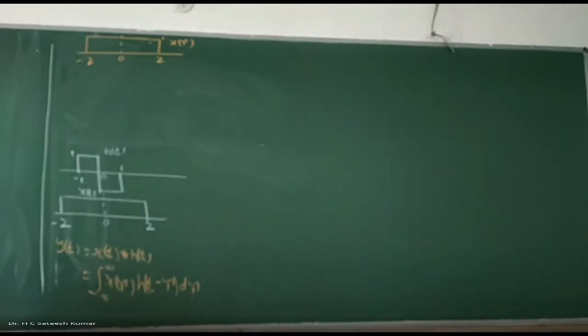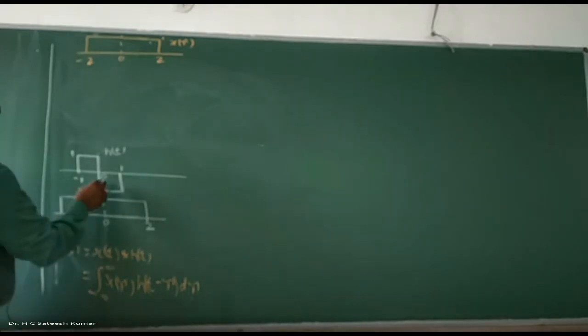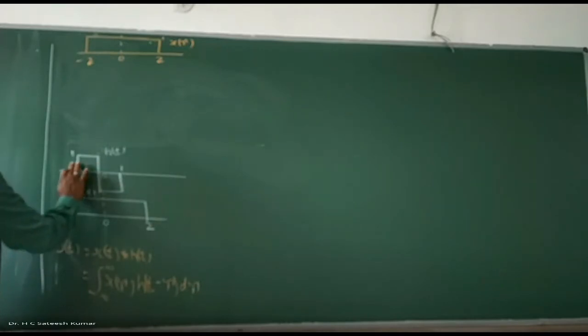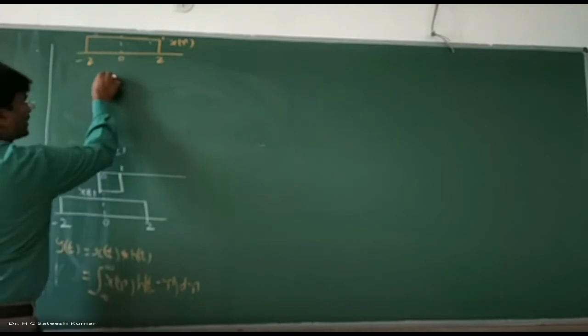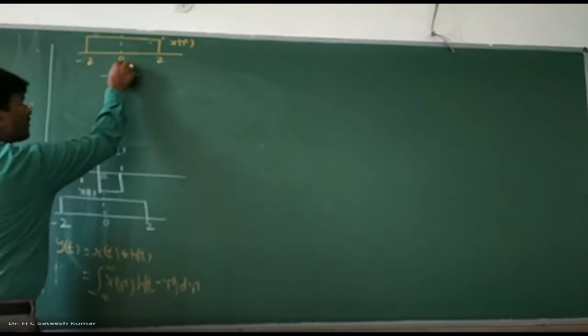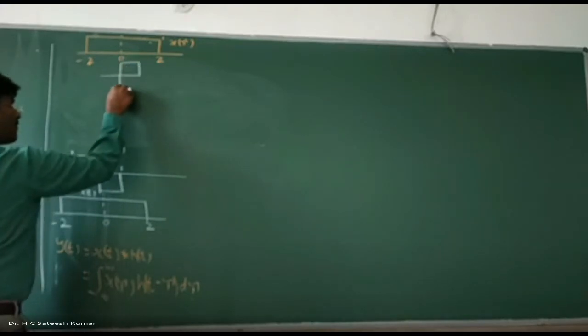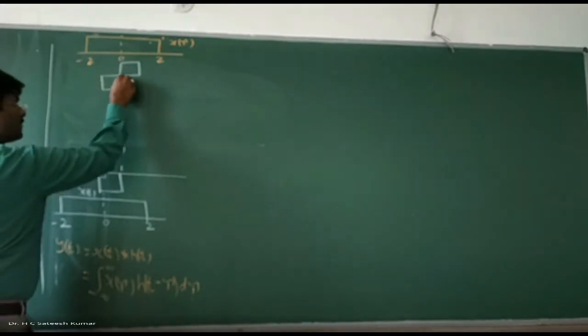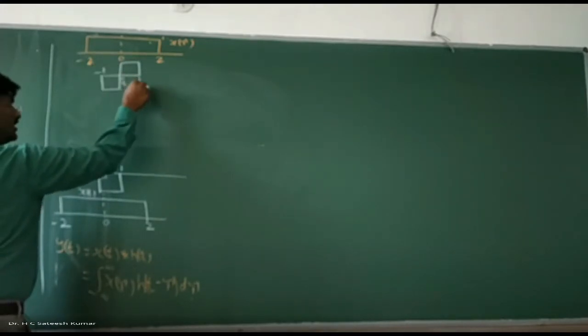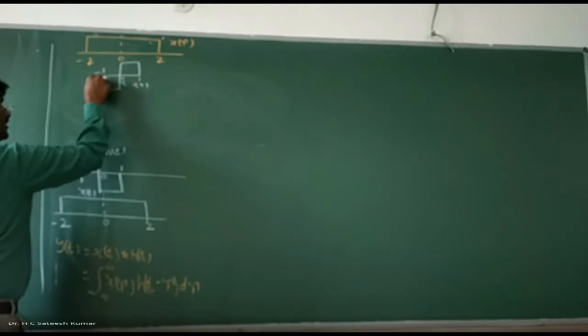Now, first case, h of minus tau. So, h of minus tau is what? We have to find out h of minus tau. For h of minus tau, you fold it. This will come this side, this will go to this side. So therefore, h of minus tau will be of this sort: zero, 1, minus 1. This is t plus 1, this is t minus 1. Okay, right, so this is our h of minus tau.